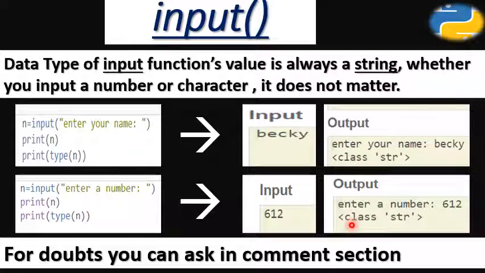Whenever you write the type of a variable whose value is received using the input function, it will always give you string. It will always give you the type of the variable's value as string. I know it is a bit complex. I tried to make it smooth. Focus on these examples, and it will be clear to you. Still, if any doubt persists, you can ask in the comment section.